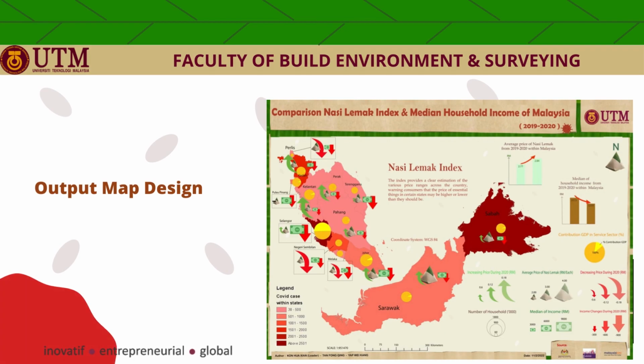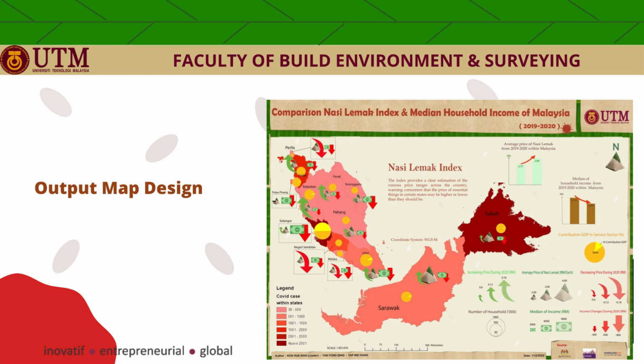This is our final output map design, and you can tell that we are using a Nasi Lemak theme to design our map, and you can see the symbol on the map. The Nasi Lemak symbol is the average price of Nasi Lemak, and we are showing the increasing price and decreasing price within state, and we also show the median of income within state and the income changes during 2020 within state, and the number of households is the circle, and it depends on the size of the circle,